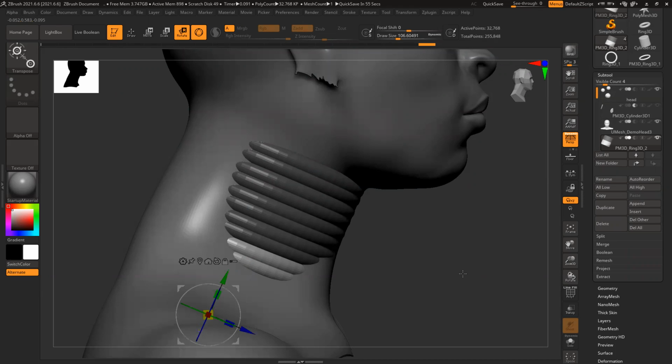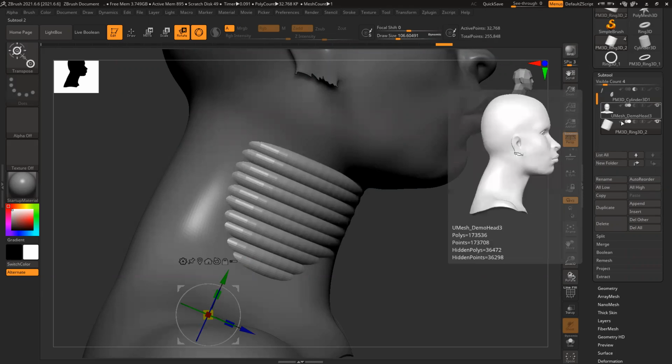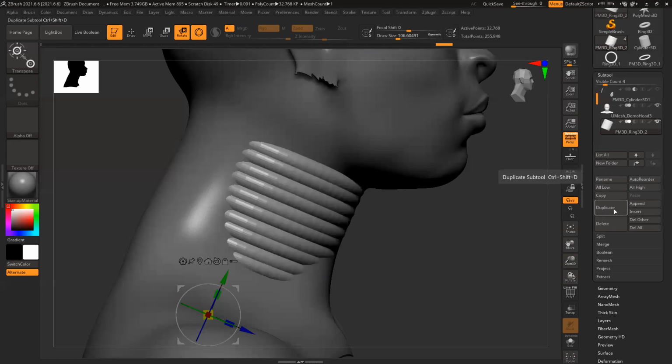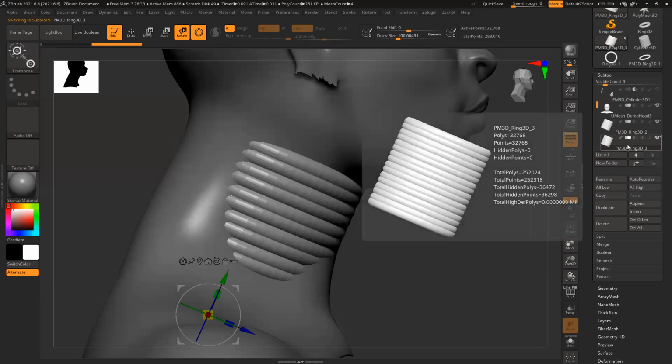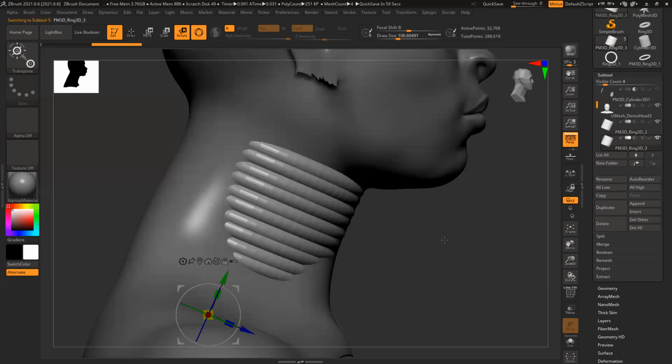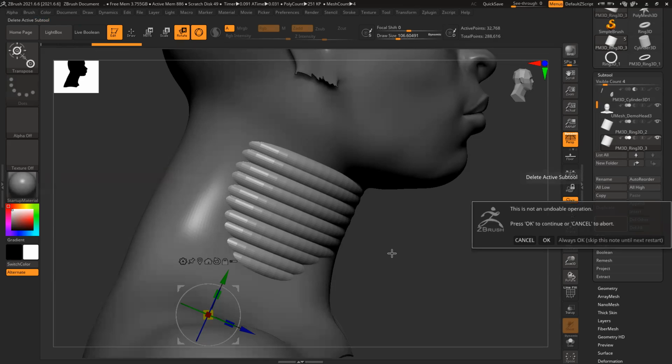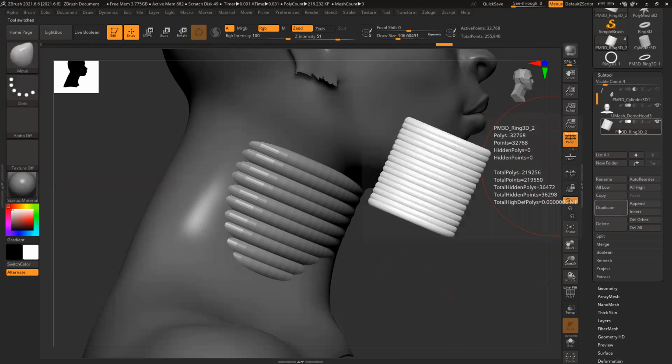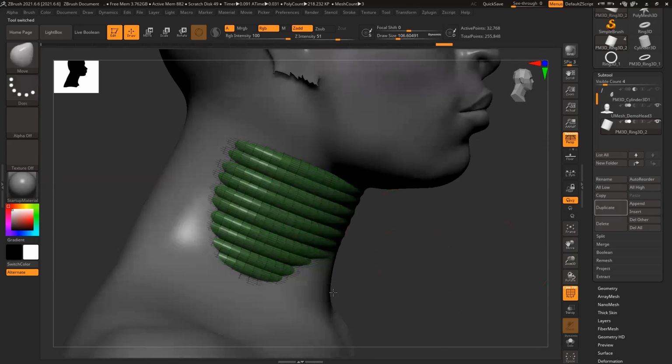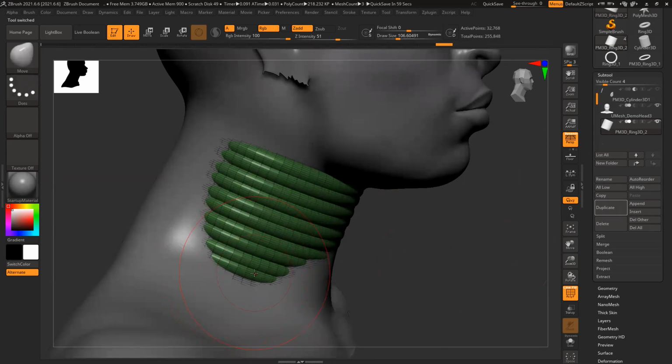No. It creates a separate subgroup. If I click duplicate with this one selected, it will create a separate subgroup. Duplicate the same model, separate. If I hold Control and Shift and move it, it will create a duplicate within the same subgroup. So I duplicated this. I can see I have extra, so those two extra things I'll delete. So let's fix the neck first.